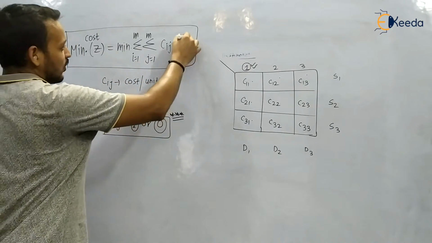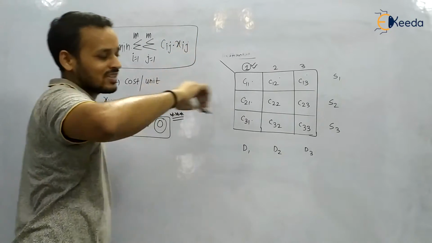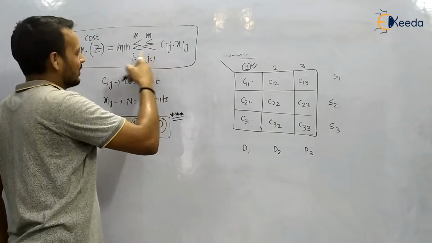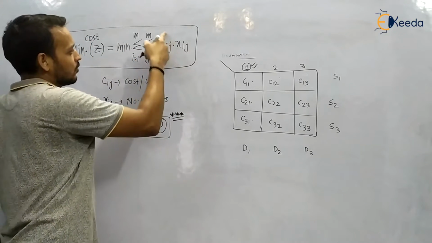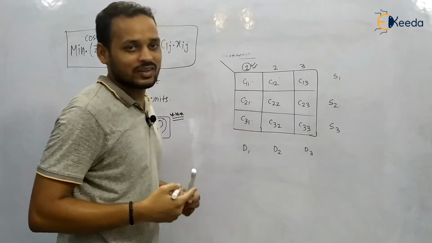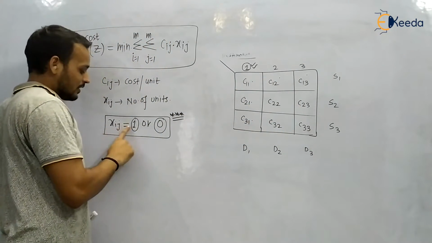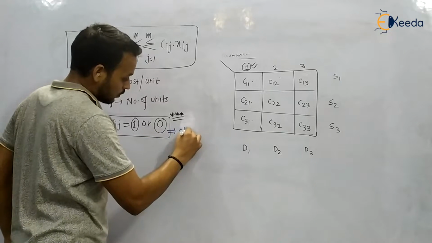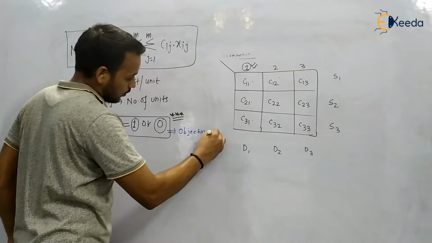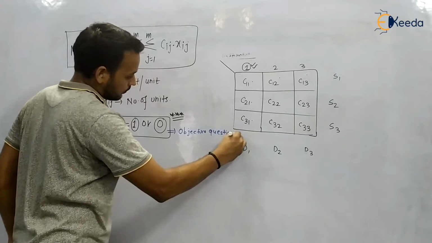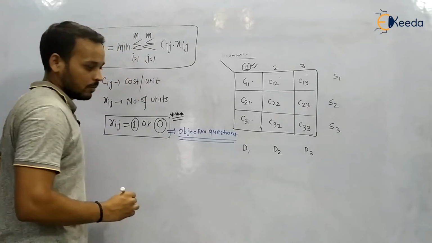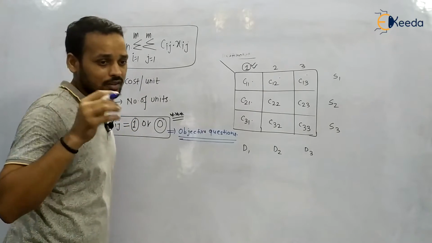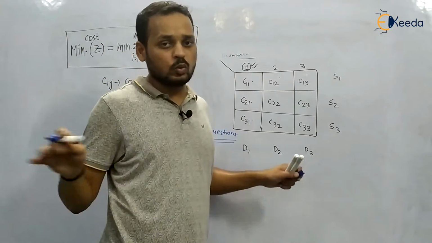It means you are going to put here either 1 or 0. 0 means 0 cost, and where Xij is 1, the transportation cost is going to be the summation of only these cost cells, this cost matrix. So Xij is either 1 or 0. This is one of the objective questions, a 2 marks question of UPSC, in the assignment problem: this Xij is either 1 or 0. Either you supply fully or you do not supply it.